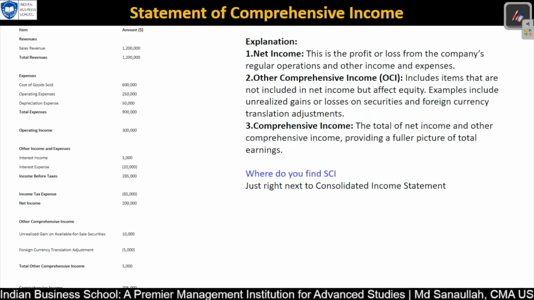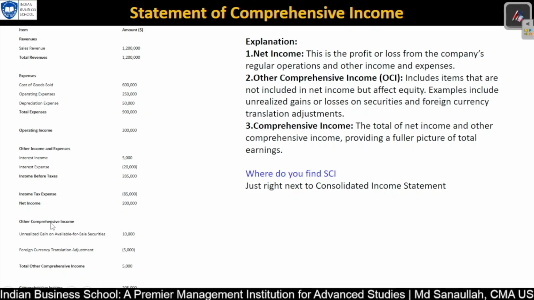As I have represented here, as you can see, there is an income statement of a company. In that there is sales revenue, then total expenses, then operating income, then interest expense, and then tax. After tax they have their net income. This is their net income, but as per the statement of comprehensive income, their total income is 2005k, not 2000k.